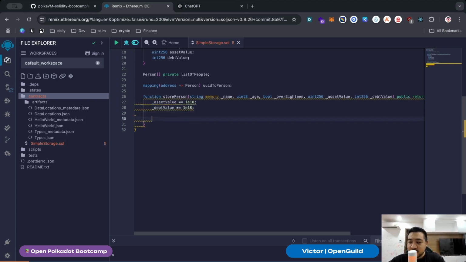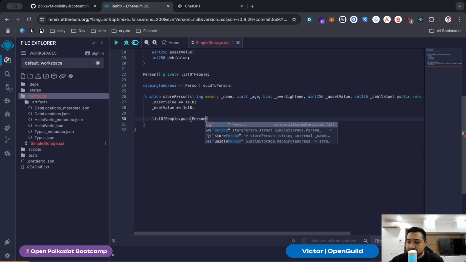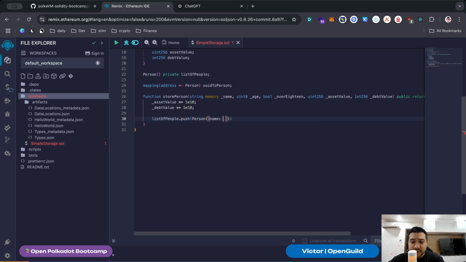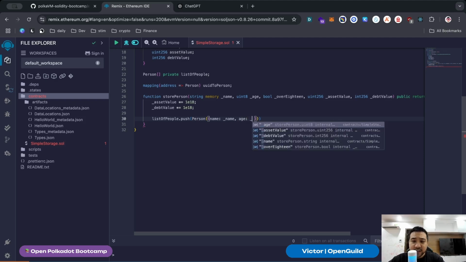Now I want to add people's information into the array. I have a list of people. Remember, we initialized this array, and I push people's information in. It's going to be person. Remember what we did with the declaration before? We can also do name tied with the value, so let's do that for clarity. If you want to do something like that, you use the syntax like this. Name like this. You have age, which is like this,